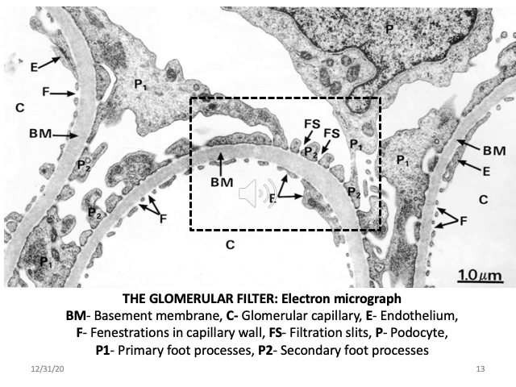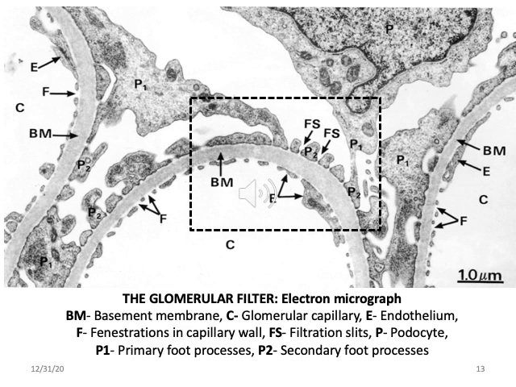This is the electron microscopic appearance of the glomerular filtration membrane. Look at this square, in the central square. You can see the basement membrane, and on the basement membrane, capillary endothelial cells, and the Bowman capsule area.